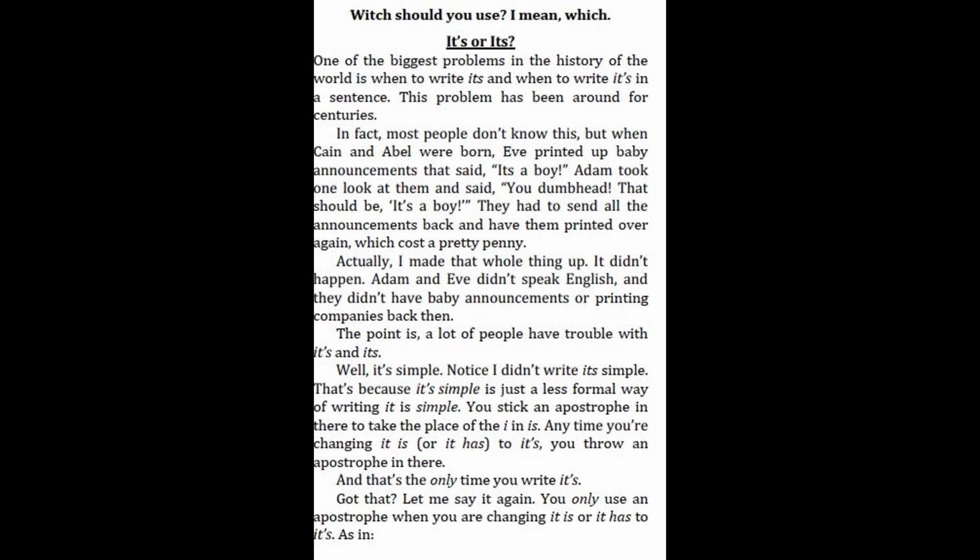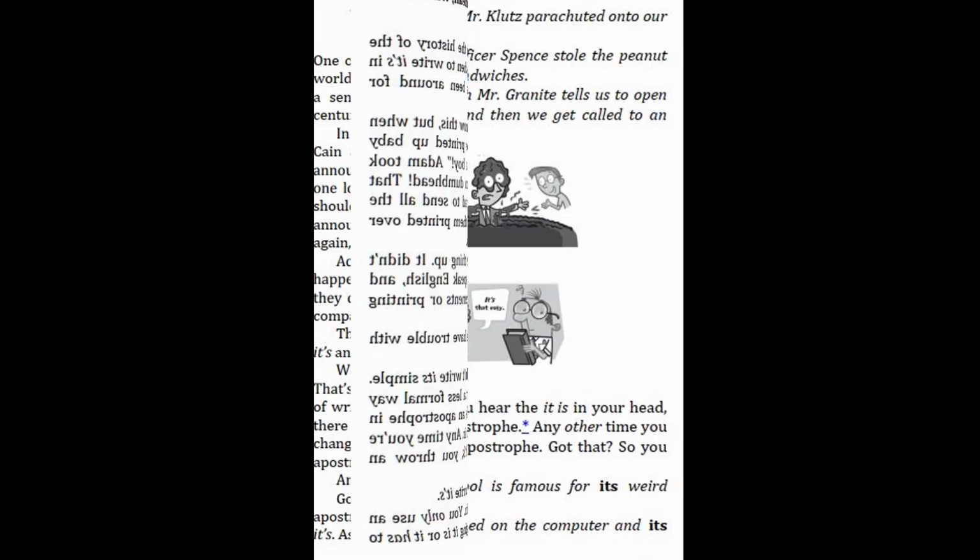Well, it's simple. Notice I didn't write "its simple." That's because "it's simple" is just a less formal way of writing "it is simple." You stick an apostrophe in there to take the place of the i in is. Anytime you're changing "it is" or "it has" to "it's," you throw an apostrophe in there. And that's the only time you write "it's." Got that? Let me say it again. You only use an apostrophe when you are changing "it is" or "it has" to "it's," as in, "It's a